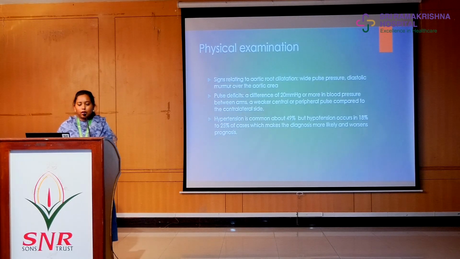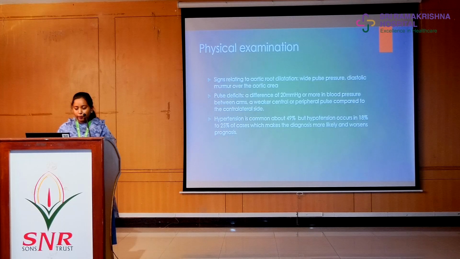Physical examination signs relating to aortic root dilatation include wide pulse pressure and a diastolic murmur over the aortic area. Pulse deficit, a difference of 20 mmHg or more in the blood pressure between arms, and a weaker central or peripheral pulse compared to the contralateral side. Hypertension is common, about 49%, but hypotension occurs in 18% of cases, which makes the diagnosis more likely and